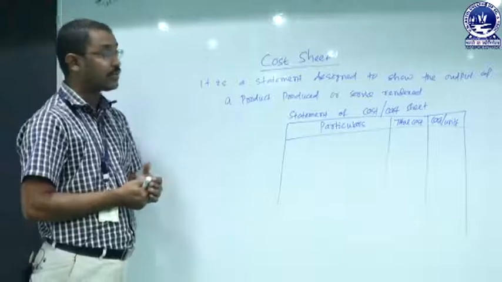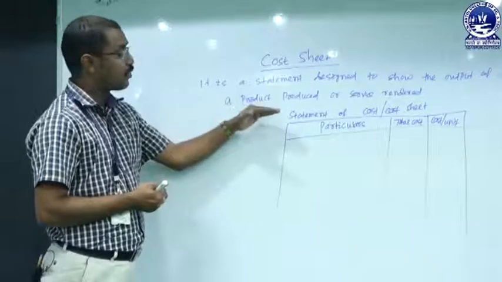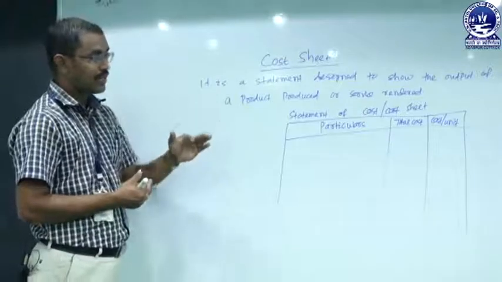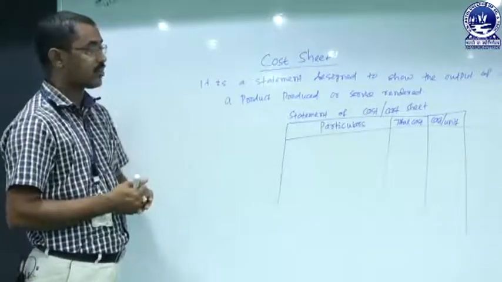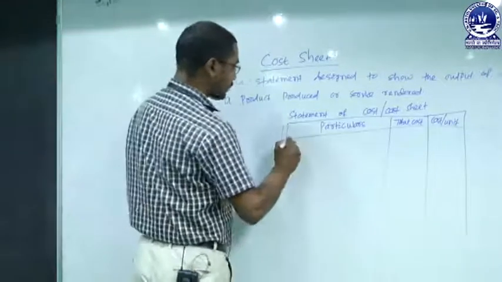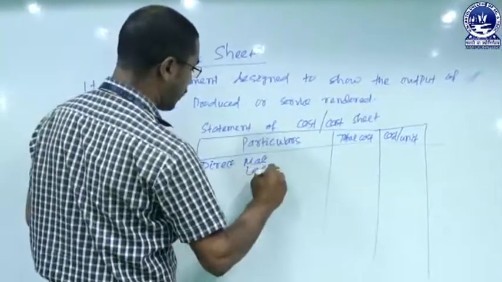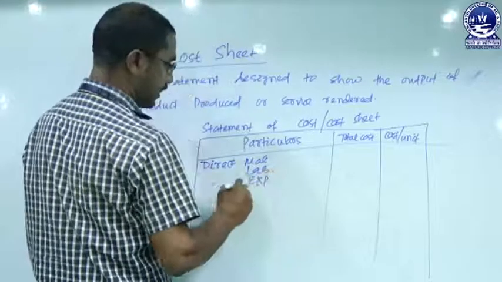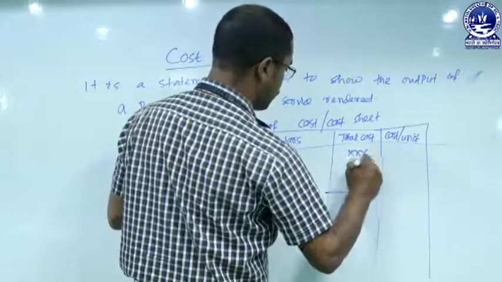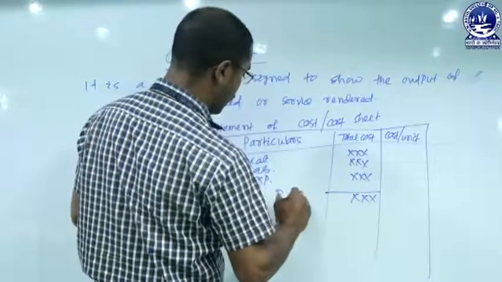So how will the cost sheet be prepared? The cost sheet is otherwise called a statement of cost because it is one statement which takes into consideration various items of cost. That means the segregation of cost is taken into consideration at the time of preparing the cost sheet. When there is direct material, then direct labor, and if any direct expenses are there, then that will be taken into consideration. This is the total cost column. We put the amounts, and the total is called our prime cost.